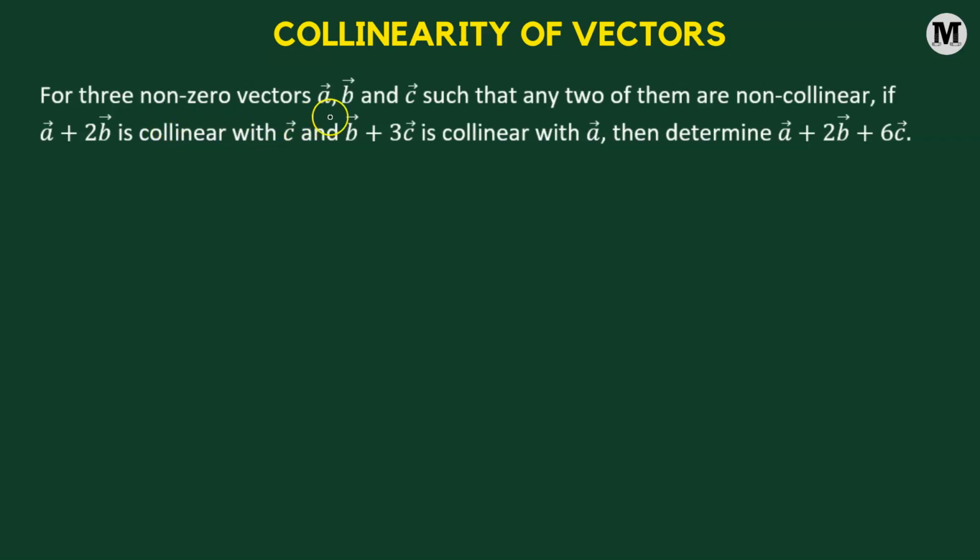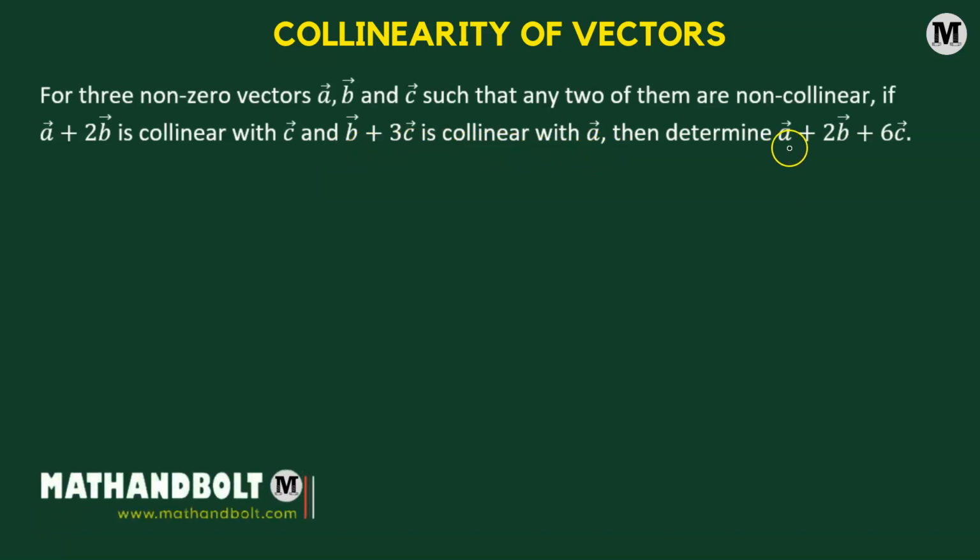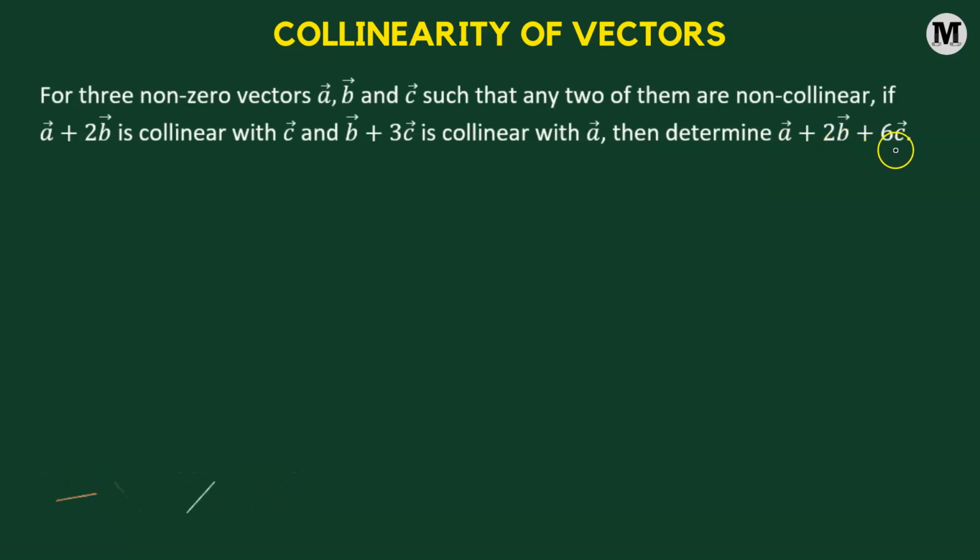For three non-zero vectors a, b and c such that any two of them are non-collinear, if a vector plus 2b vector is collinear with c vector, and b vector plus 3c vector is collinear with a vector, then determine the value of the vector a plus 2b vector plus 6c vector. Okay, let us begin. So here we start with the given condition that a vector plus 2 times b vector